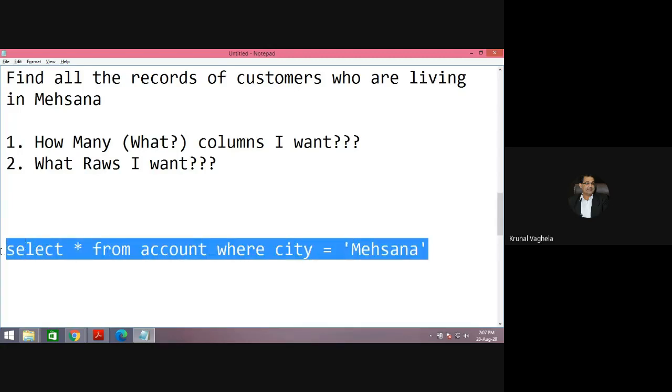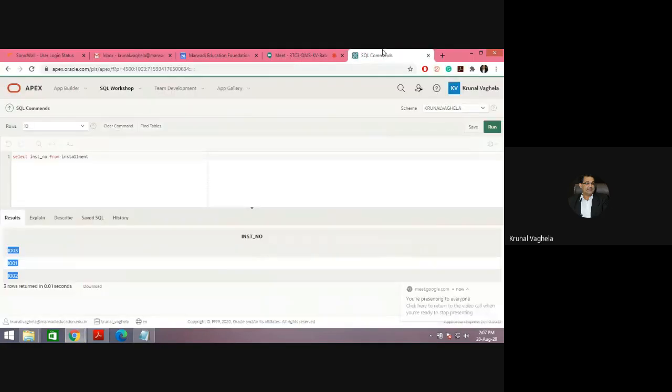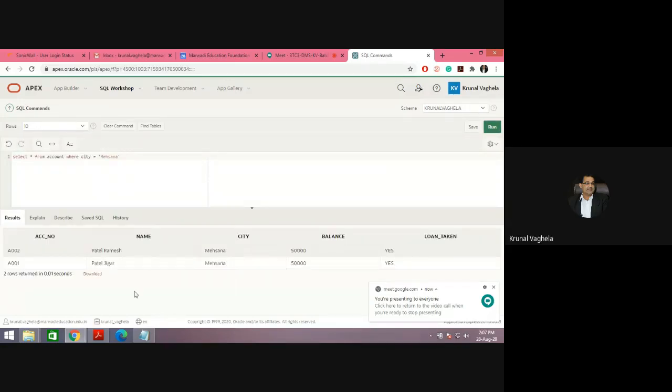So I'm copying this, Control C, Control V. See, these two customers are in Mehsana. Got the point?